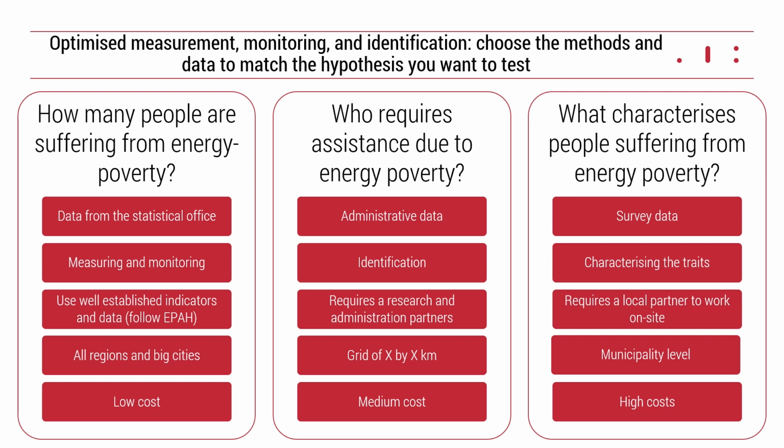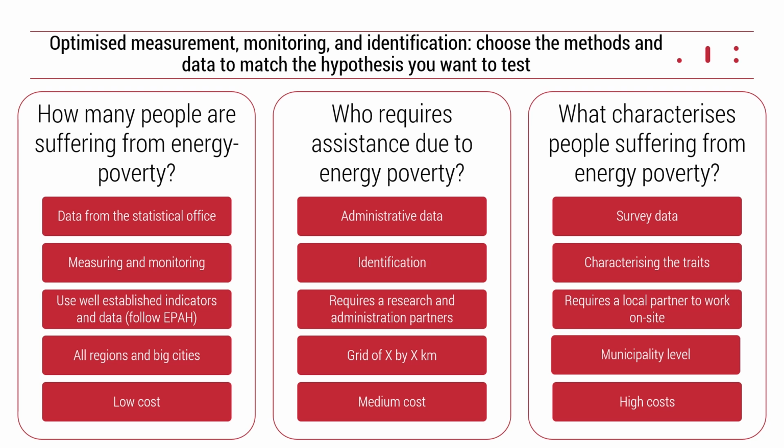This is crucial, and we have learned from our experience that usually you have to separate the measurement, monitoring, and identification, because in order to have efficient measurement, monitoring, and identification, you will have to use different types of methods and different data sources. So starting from measurement, which basically answers the question how many people in a given country